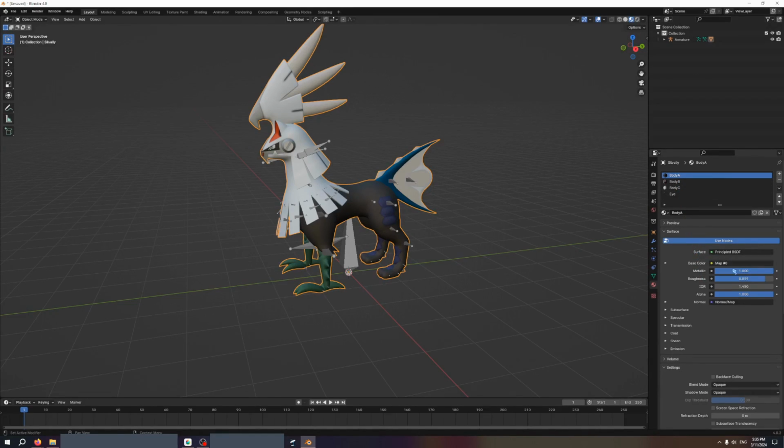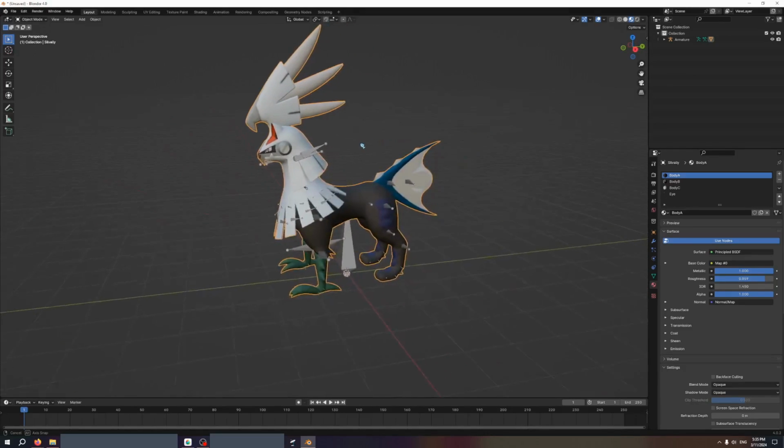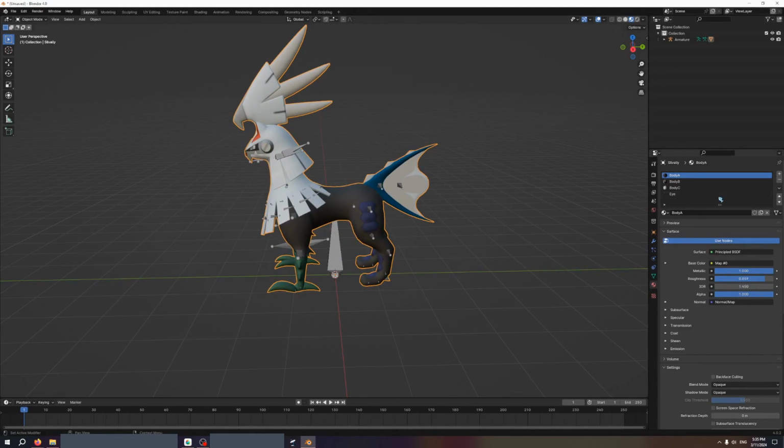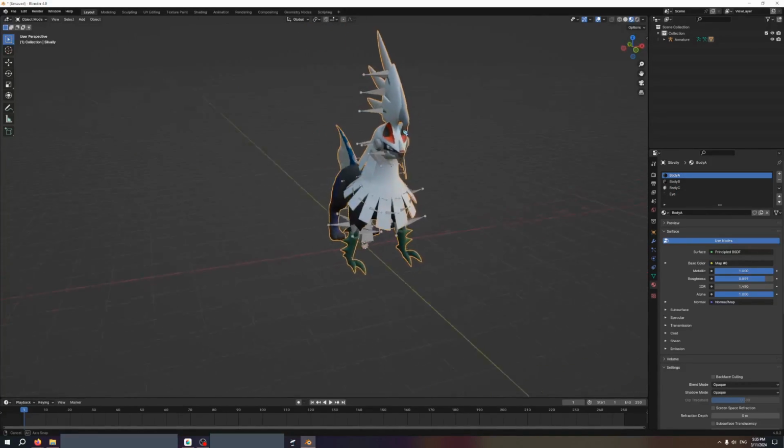Usually it will be that the base color needs to be an image and it's not using that information from the image. So you're going to have to figure out, it's usually not too difficult because generally the textures will be named similar or the same things as the names of the materials here,